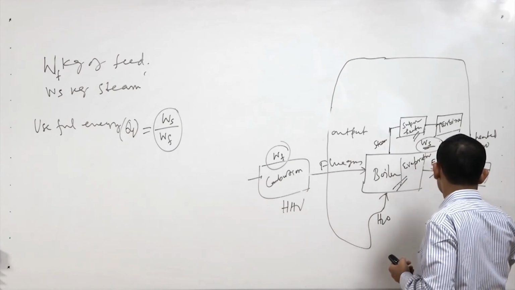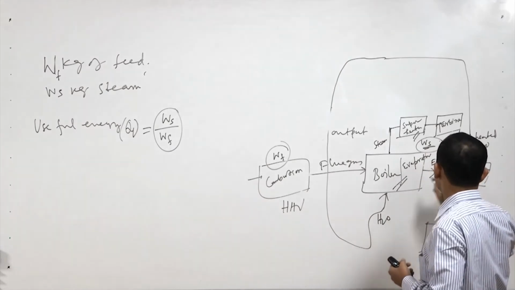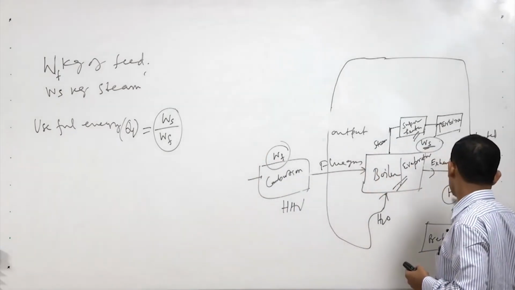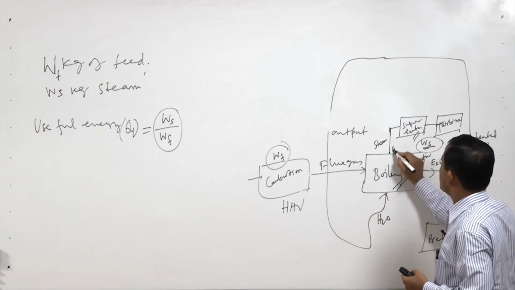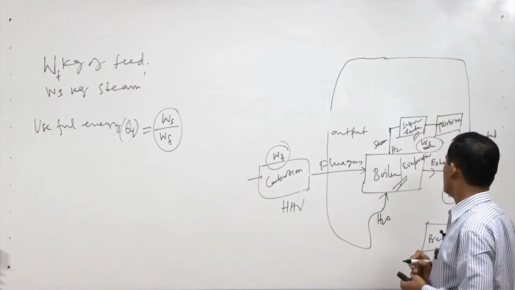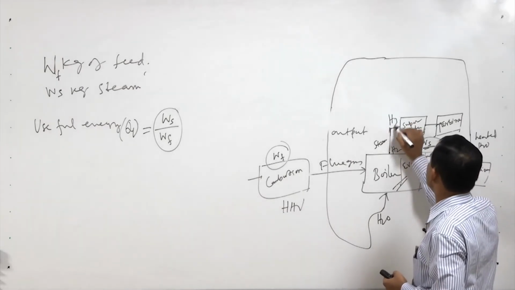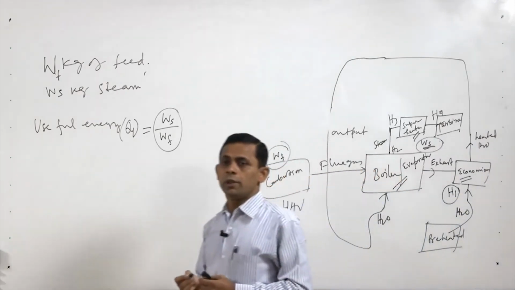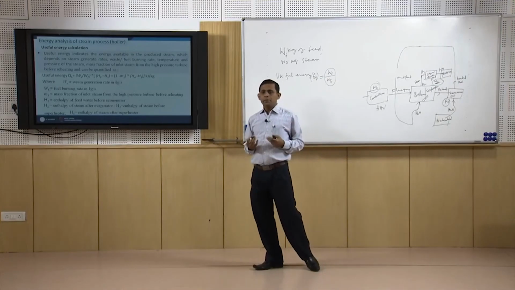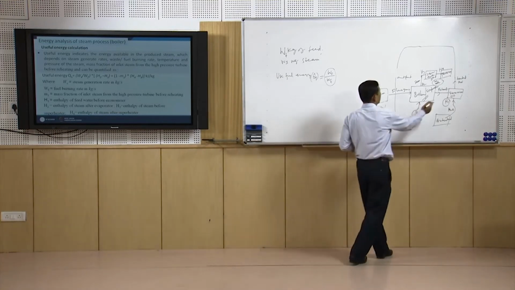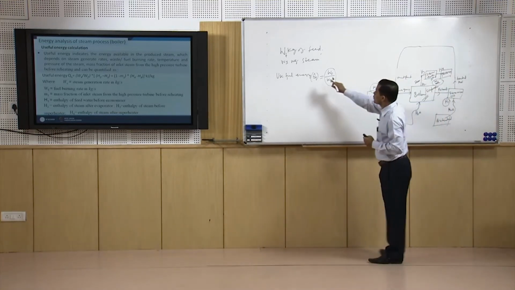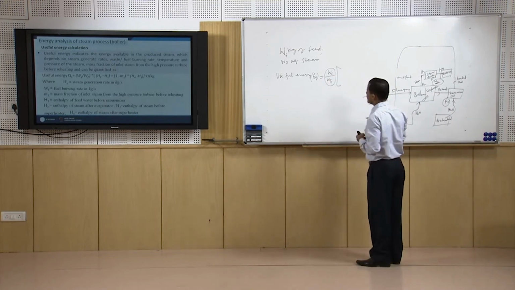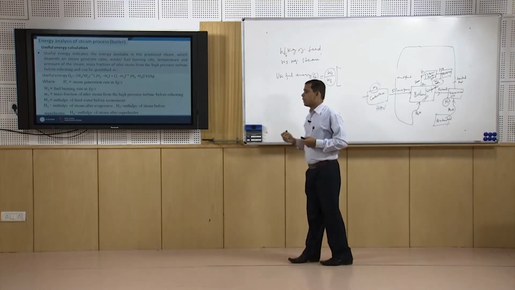So, if we see here, H1 is the enthalpy of this Ws by Wf amount of water, H2 is the enthalpy after evaporation, H3 is at the superheater and H4 is where the steam is going to the turbine. So, if these are the enthalpies of the water and steam at different stages, then the useful energy will be Ws by Wf into how much? H2 minus H1